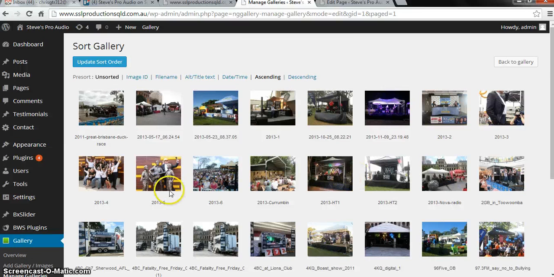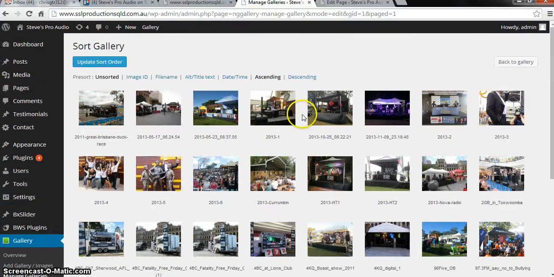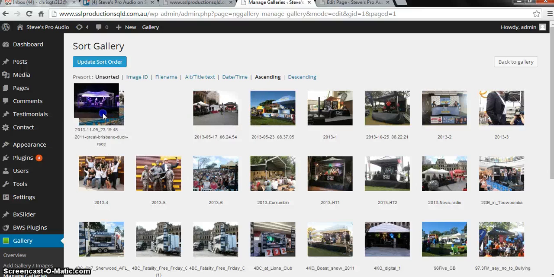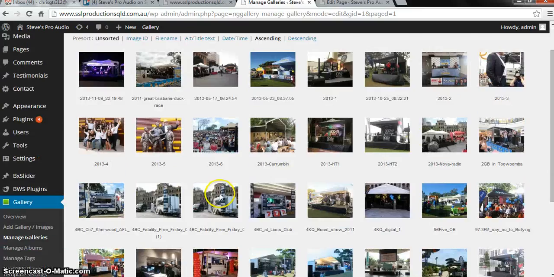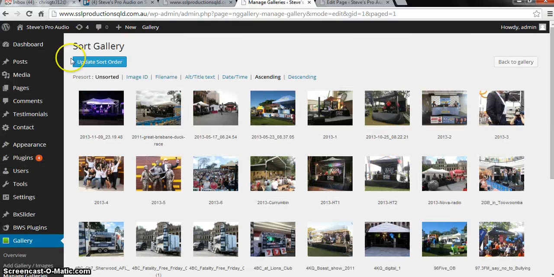Let's say for example we will be putting this picture as the first slide. Once we're done, you just drag the image to reposition the images. Then just click update sort order.